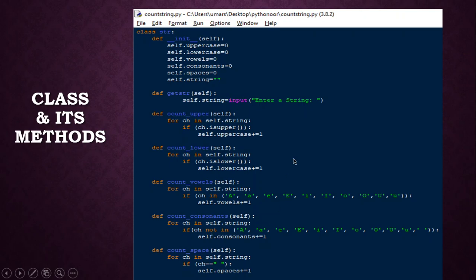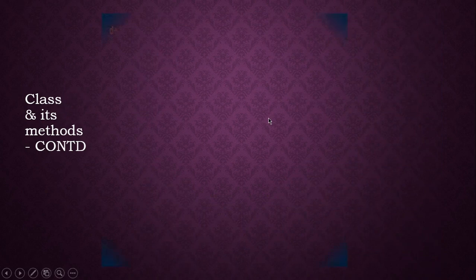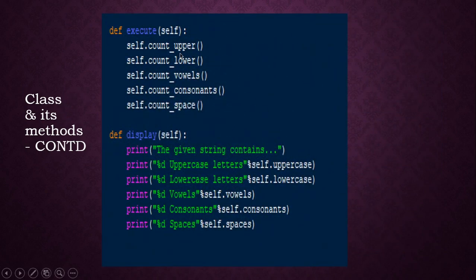Now we are really applying the functions to get the number of uppercase letters, number of lowercase letters, number of vowels, number of consonants, and number of spaces. So execute is the function name that really executes all the previously defined functions to find out the individual counts of uppercase, lowercase, vowels, consonants, and spaces.